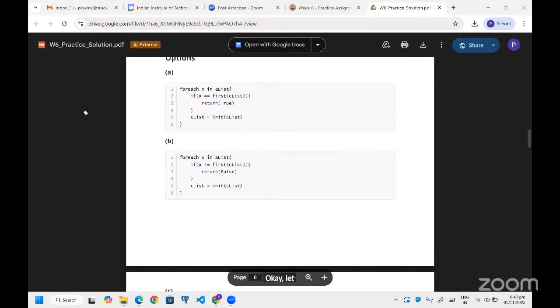Okay, let's look at the code. What the code is doing: for each x in A list, if x is equal to first of the C list, which is a copy of the B list, the second sentence, right? Let me give an example of how it will be.